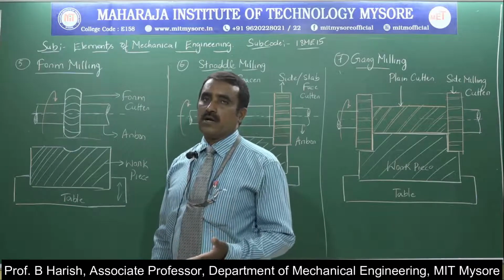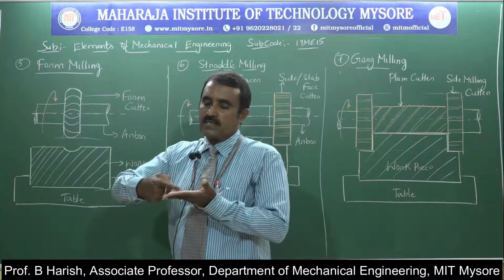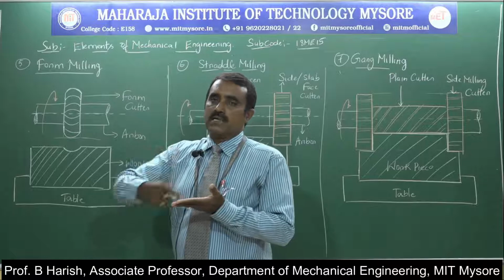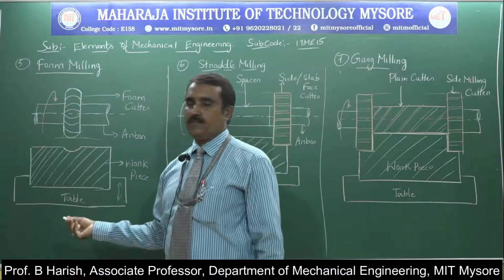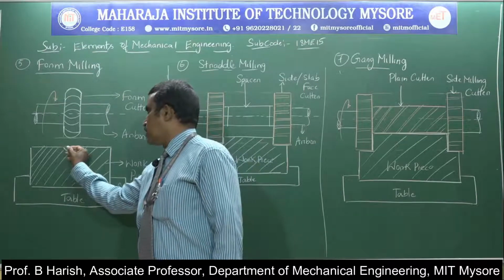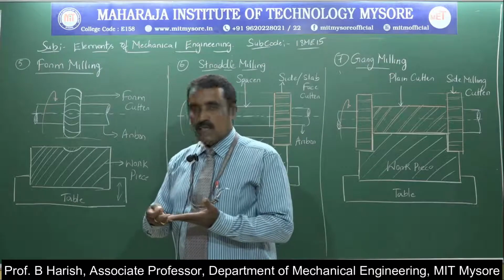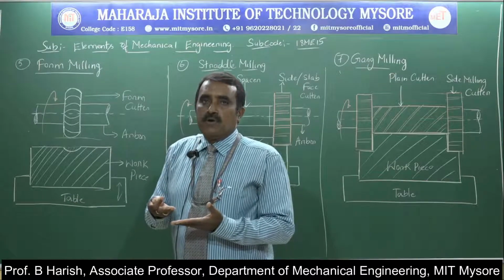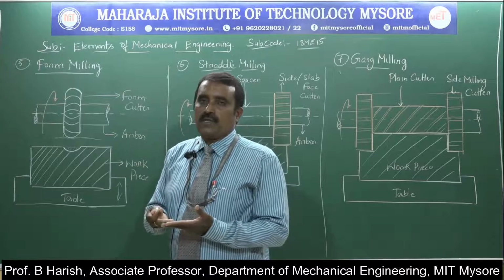So when it's brought in contact with the surface of the tool, the rotating tool removes material. This is continued until we get the required concave shape or convex shape. So this amount of material has to be removed. In the second stretch, once again the table will be moved slightly above, so that it once again comes in contact with the workpiece.